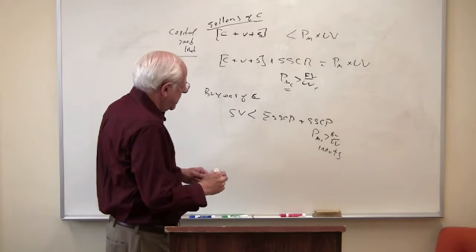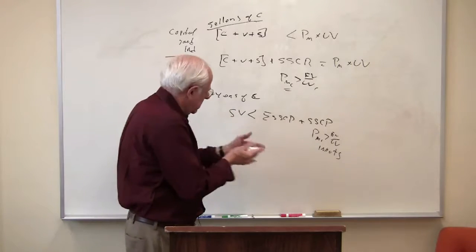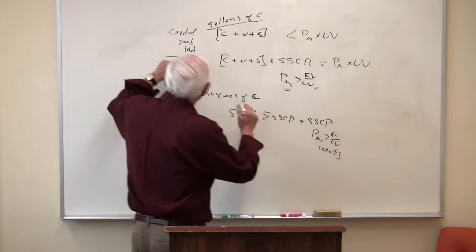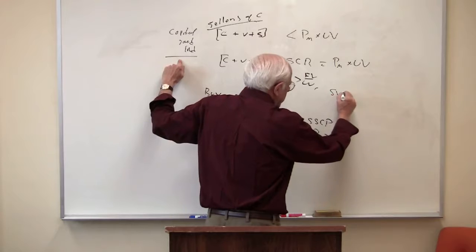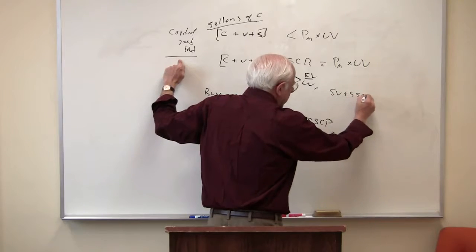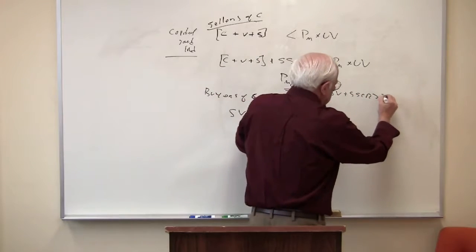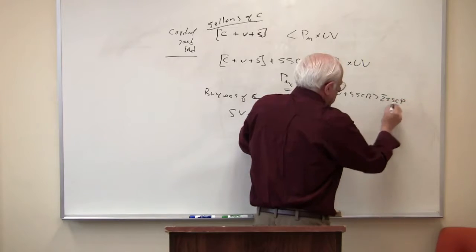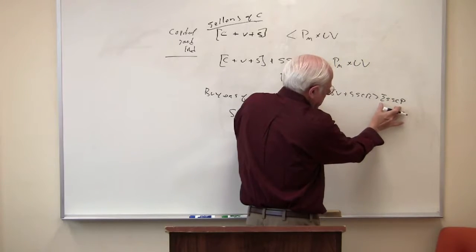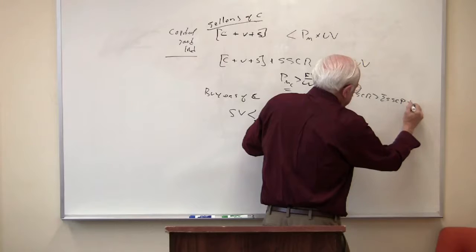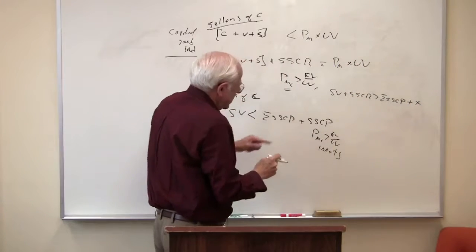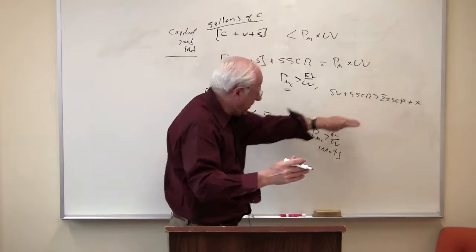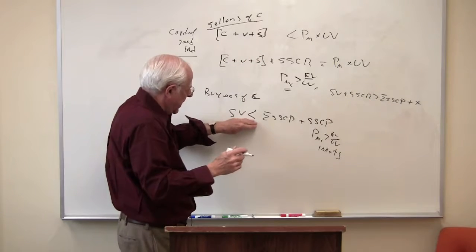So we have an interesting problem here. For the sellers, they get a surplus value plus a subsumed class revenue greater than the expenditures to secure it plus their X,